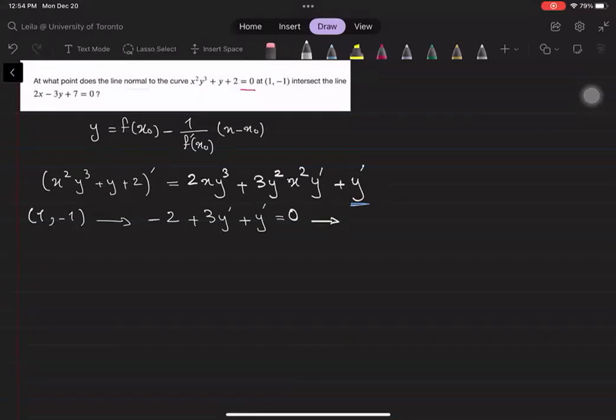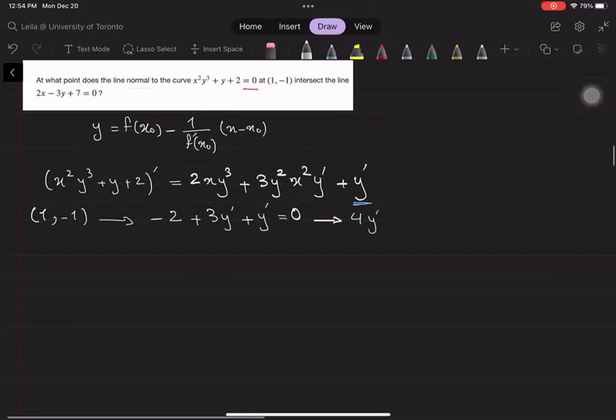So from here you can find that 4y prime is equal to 2, then your y prime is equal to 1 over 2. So your normal line, you have y equals f of x0, which is going to be minus 1 with